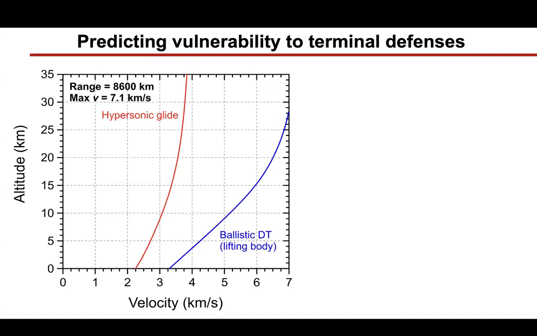What we see is that at no point during this terminal phase, given the same boost conditions, so launching these again on the exact same boost phase delivery boost system, does the hypersonic glide vehicle travel faster than the ballistic missile system. And in the terminal phase, this matters a lot because this is when you're most vulnerable to interception in many